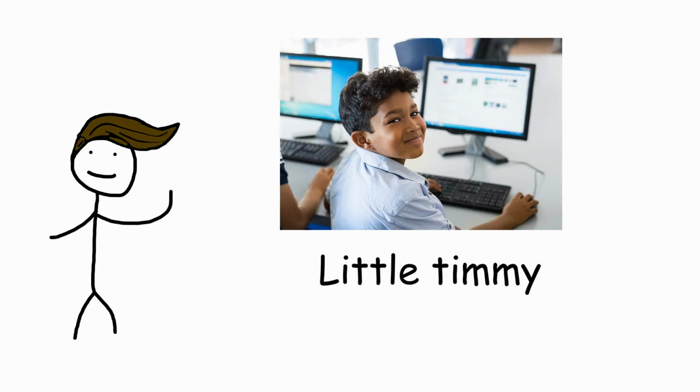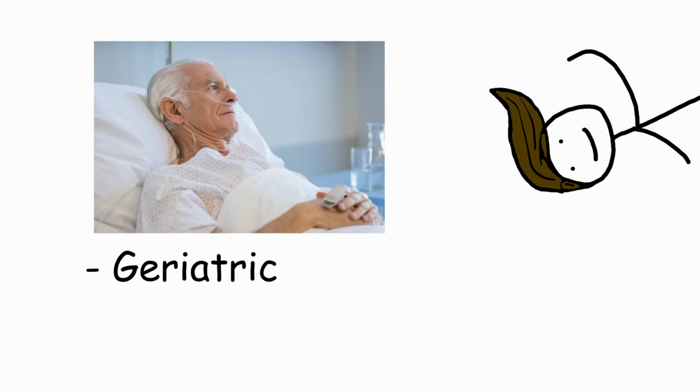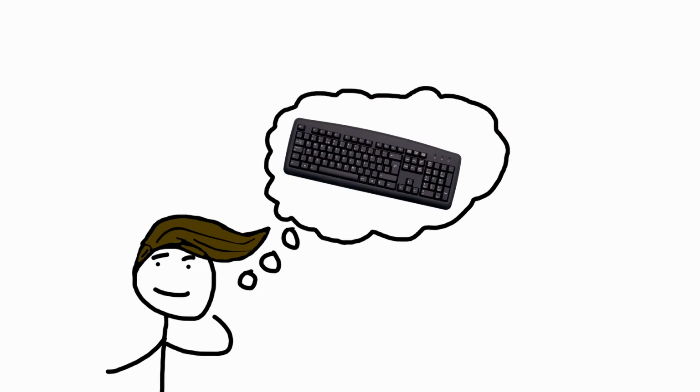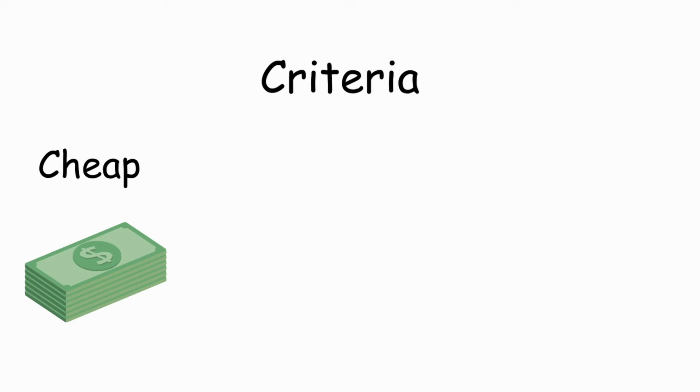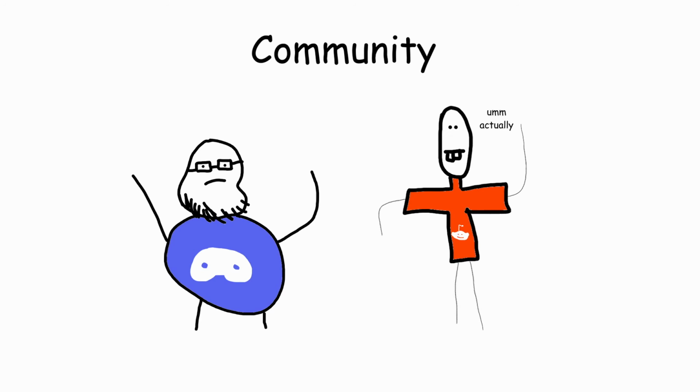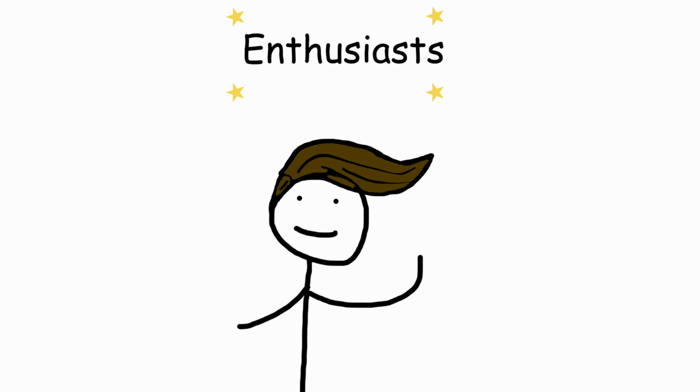Mechanical keyboards. Whether you're little Timmy on a school computer or a geriatric old man on your deathbed, you've had to use a membrane keyboard before in your life. Think the 108 key plank you've probably been presented with at school in computer science class. Cheap, reliable, and most importantly, cheap. On the other end of the spectrum, you have a community of mechanical keyboard enthusiasts who preach the wonders